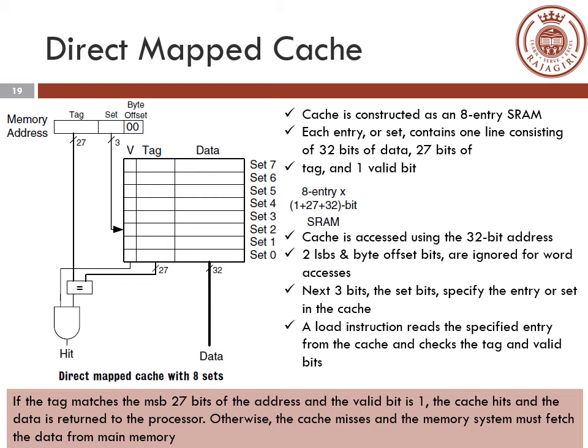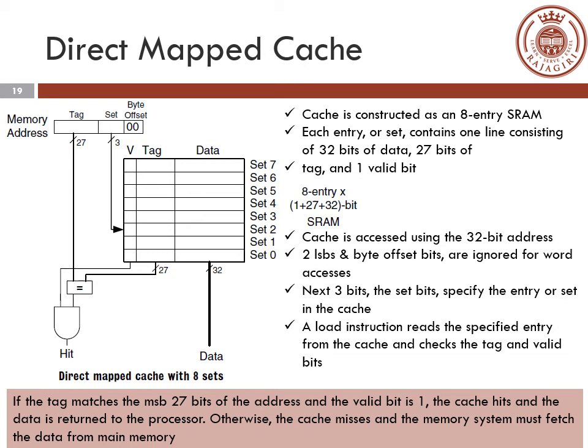Now how do you understand whether the data is present or not? Now you have moved to a particular set based on the set address. Now the tag, you can see an equality comparator over there. Now you are going to a particular set. Suppose you are going to set 2. You check the valid bit. If it is fine, it takes the tag from the cache memory, as well as the tag given by the processor.